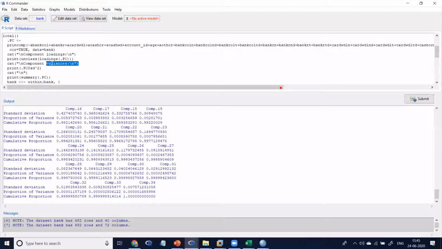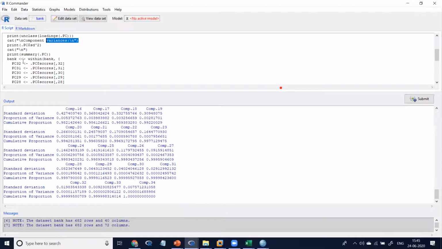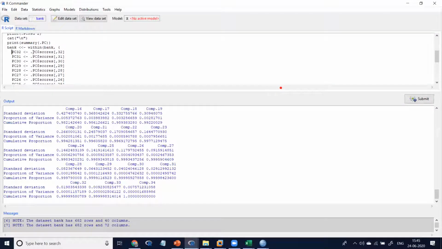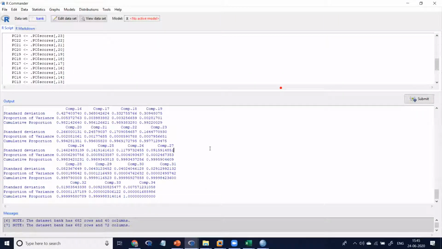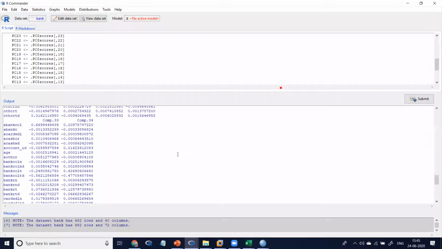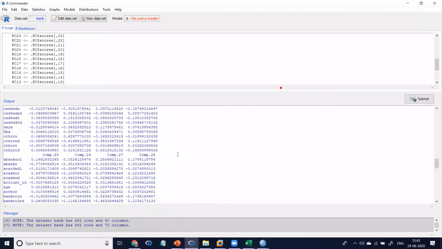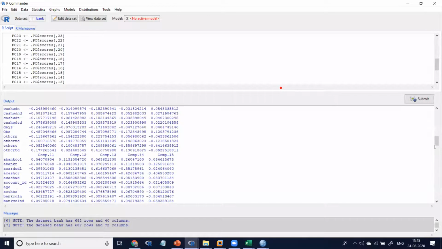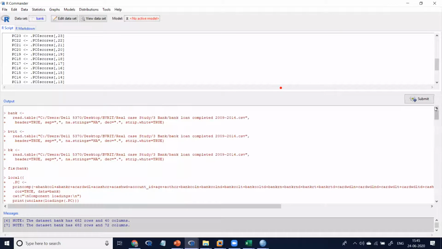So that is the covariance of the matrix. Like this, PCA scores for all the variables we generated. This is the PCA data. Now this PCA data is suitable for applying neural network. I'm talking about deep learning only. I will do the regression models, that's different.